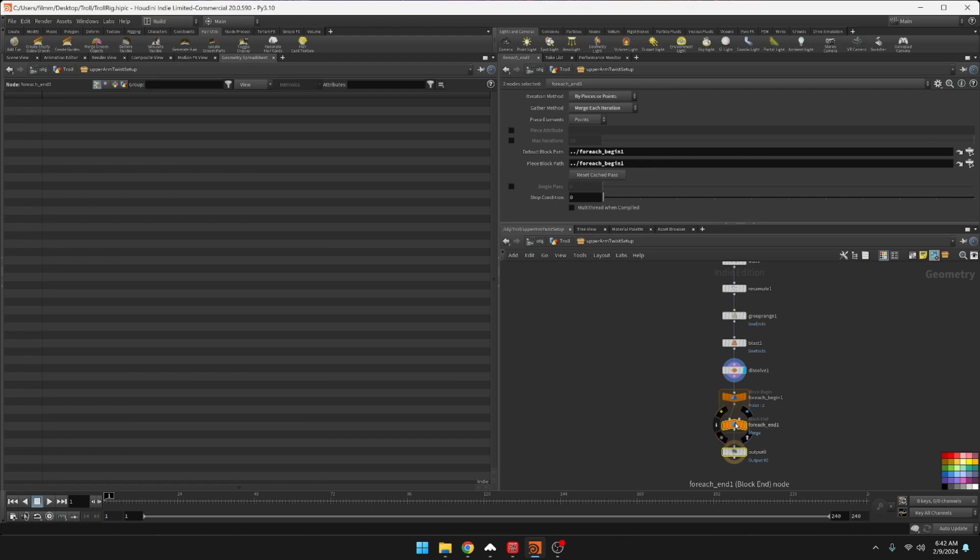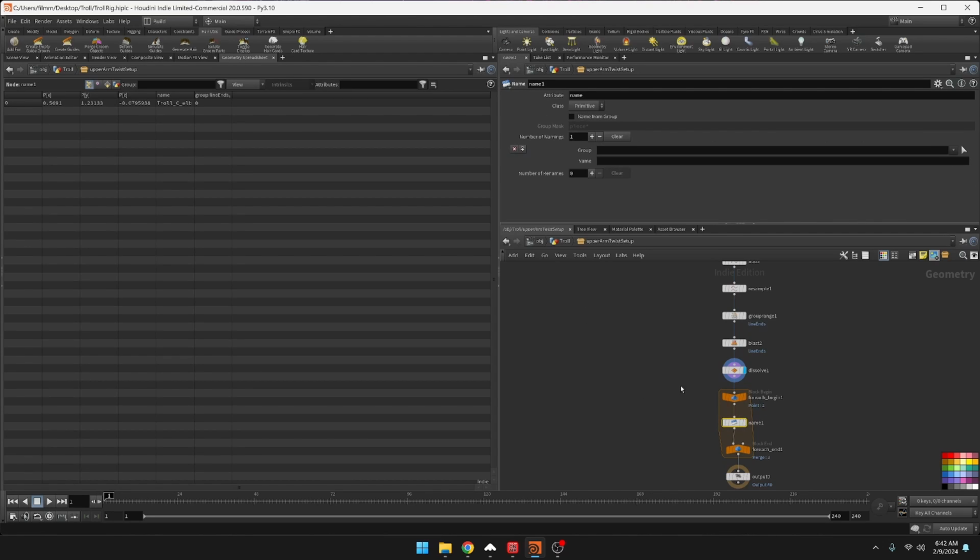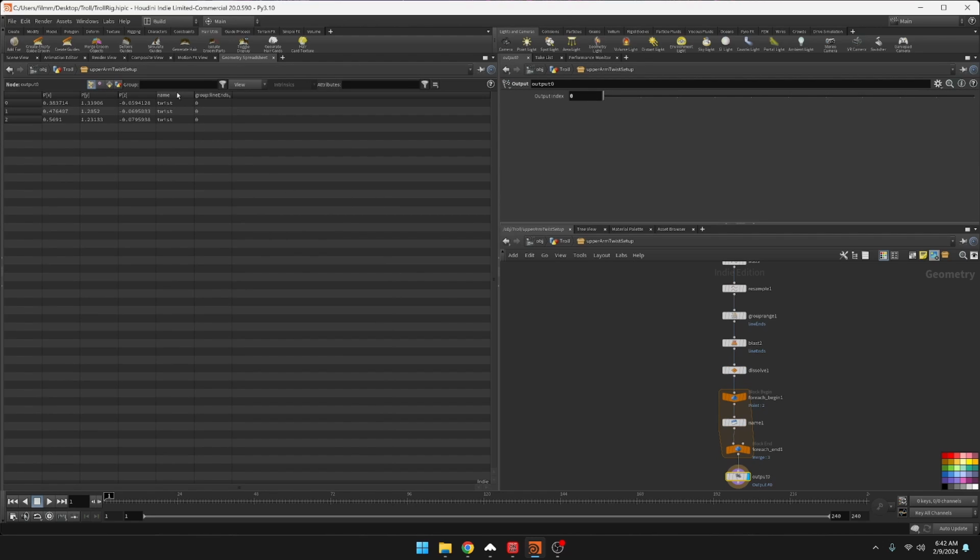So for each point, we are going to add a name. And let's call it twist. And let's make it point. So now when we get to this point, we can see that it's named twist. The only problem is that each one needs a unique name. Oh, and also we need to update some of the elements of the name up here. Okay,